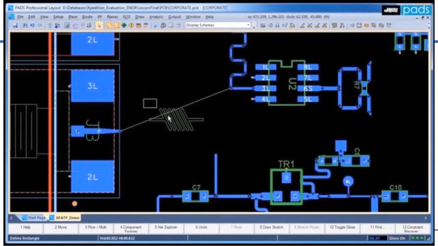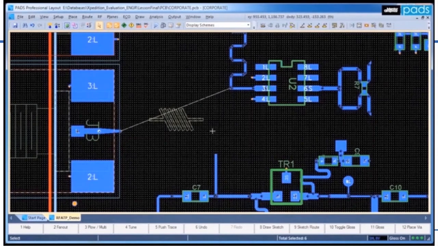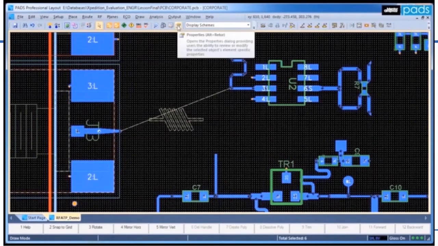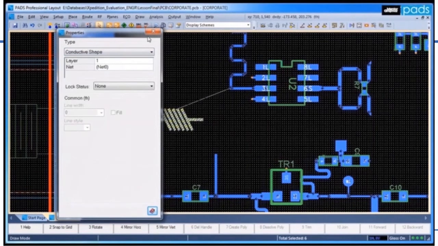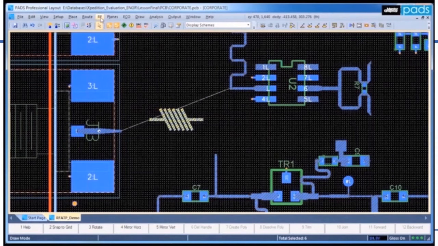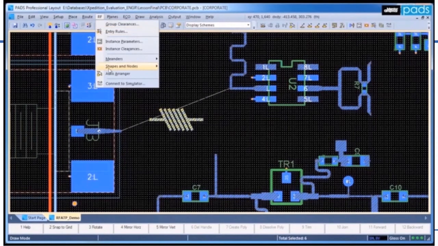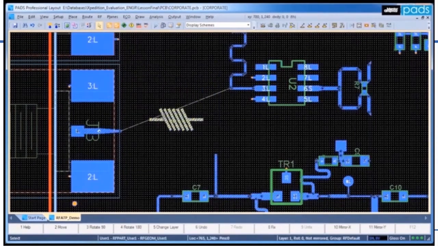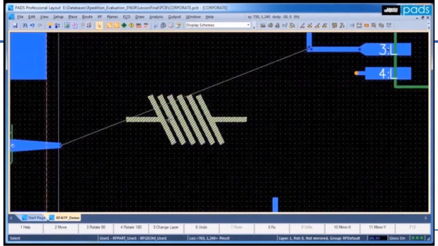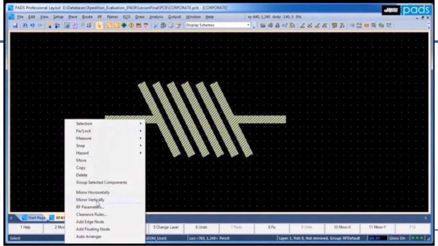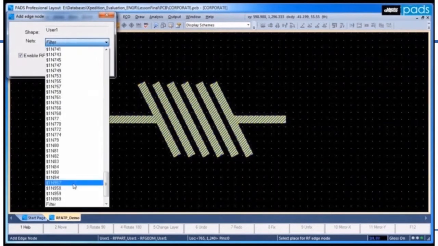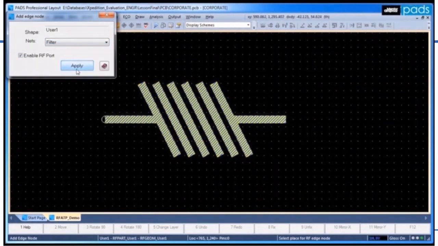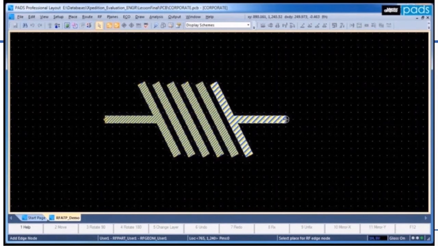Here we are showing the conversion of an imported filter into an intelligent RF structure. First, convert the non-conductive polygons into a conductive shape. This is done using the Draw Properties dialog. With the conductive polygons selected, they can then be converted into an RF shape. Now connection points can be added, also referred to as nodes. This is done from the right mouse button menu while the RF structure is still selected. For this example, the nodes are connected to the same net, but nodes can be connected to different nets with